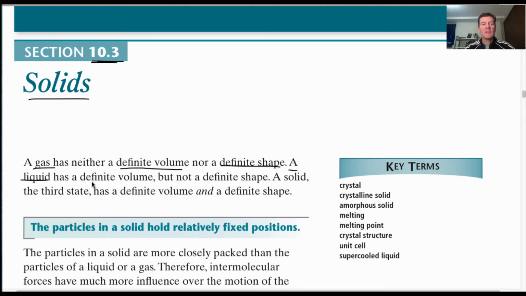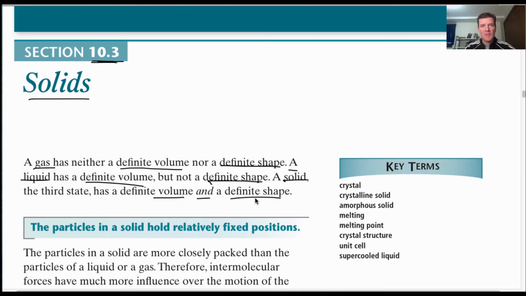A liquid does have definite volume. All right, you can measure it. It doesn't keep expanding until it fills whatever container it's in. It just has a fixed volume. But it does not have a definite shape. It takes on the shape of the container. So if it's cylindrical, then it's going to be in a cylindrical shape. If you put it into something else that has a different shape, it's going to take on that shape because the particles flow. Now a solid, in this section, it has a definite volume, you can measure it, and it